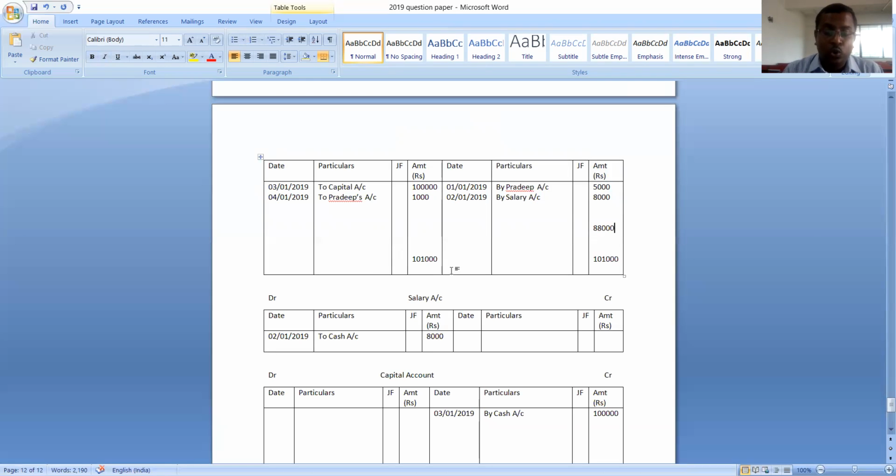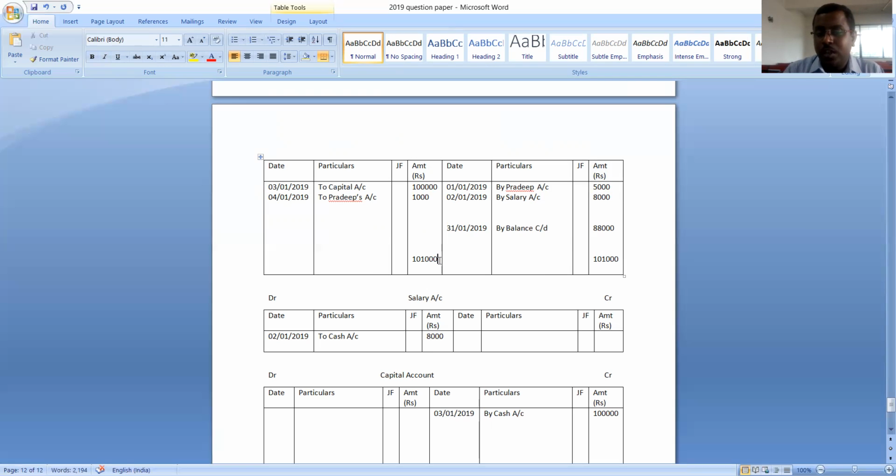So what is the first step? Total up the debit side or credit side, whichever is higher. Take the same figure on the opposite side of the account. The third step is to find out the balancing figure. So here is the balancing figure, and this balance should be considered as which balance? It should be considered as the closing balance on 31st January 2019. Understood? Okay. To this closing balance, what should we write? We should write "By balance carried down." Understood? So this closing balance will become the opening balance for next month.